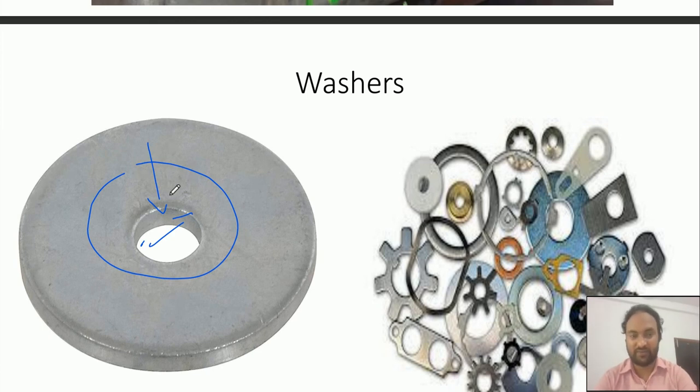Especially this washer is used on the nut side. What is the objective of using it? To increase the bearing surface area. If the nut size is this much,